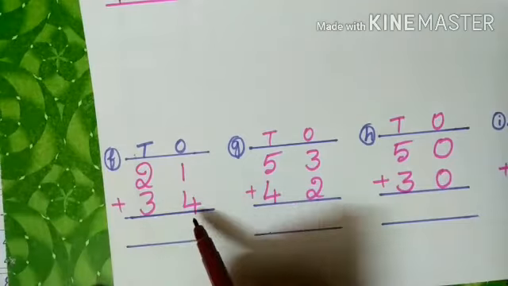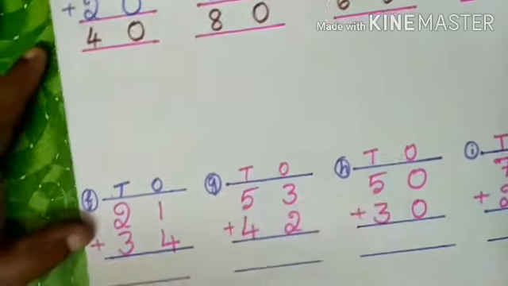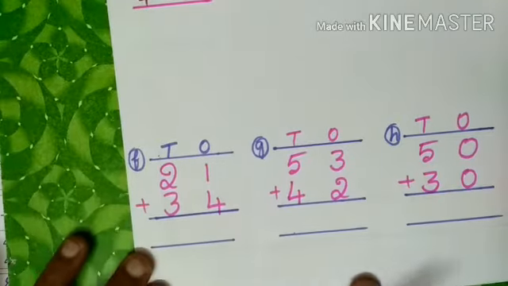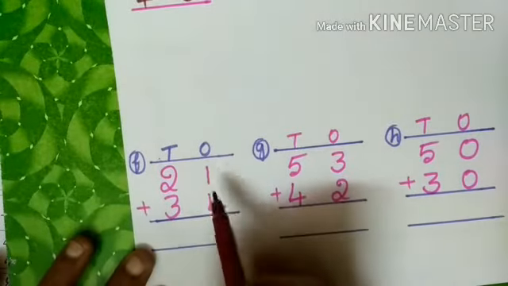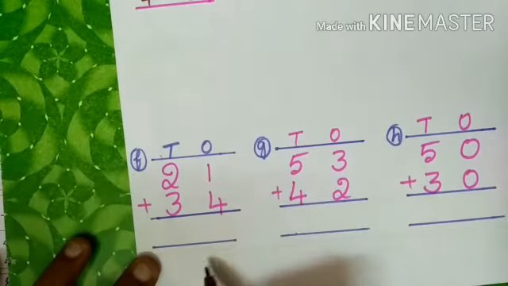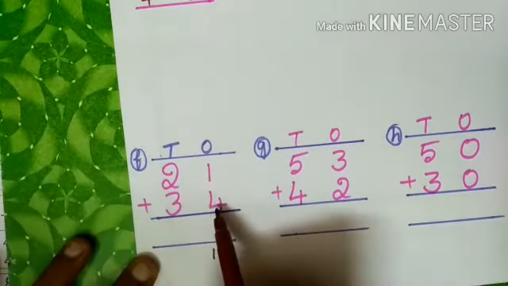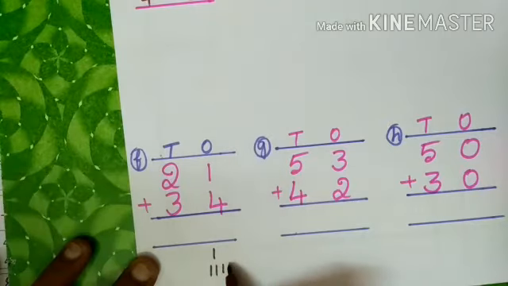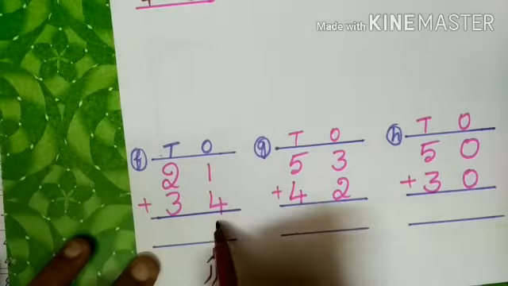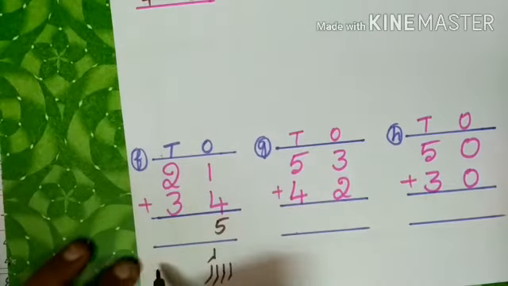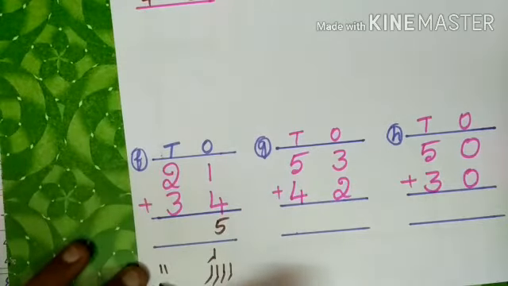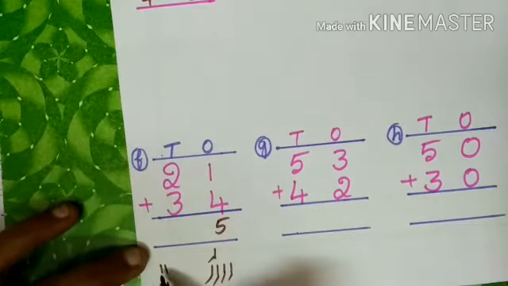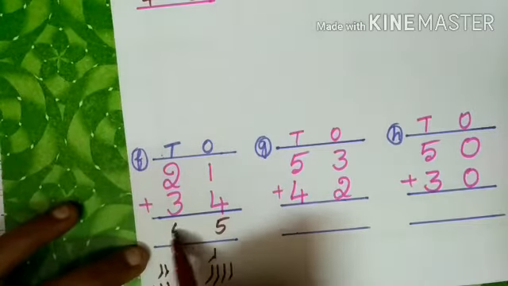21 plus 34. Here, if you like to add using lines, you can write using lines also. 1 plus 4. Draw one line and then again 4 lines. 1, 2, 3, 4. Count it all together. How many lines are there? Total lines 1, 2, 3, 4, 5. Right here 5. Here 2 are there means right here 2 and 3 are there means right here 3 lines. Now total lines are 1, 2, 3, 4, 5. Yes. Very simple now. Everybody understood?